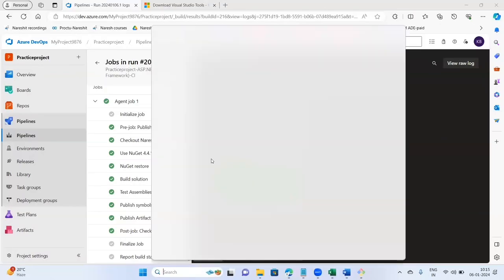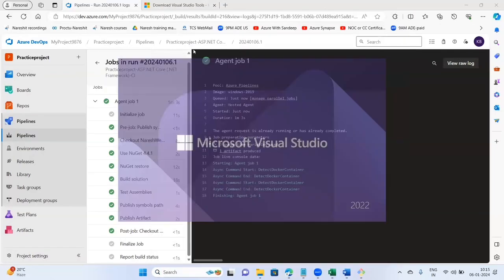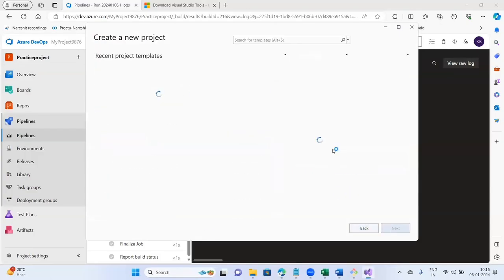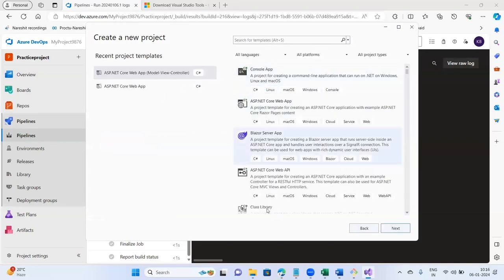I'll go here for Visual Studio 2022. Open Visual Studio in your laptops. Say here, create a new project. Here you will get a lot of frameworks. You have to search ASP.NET